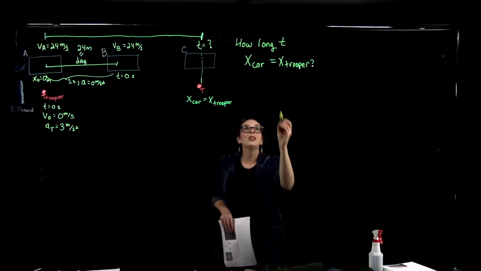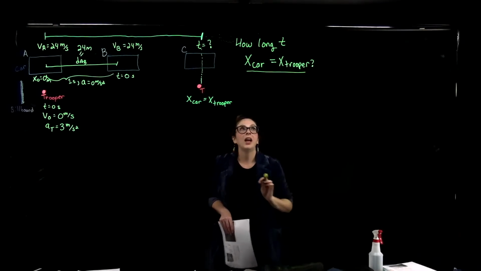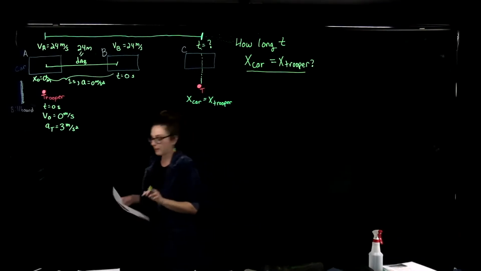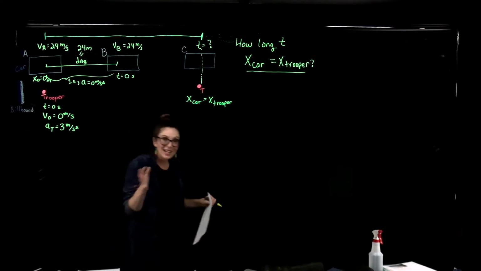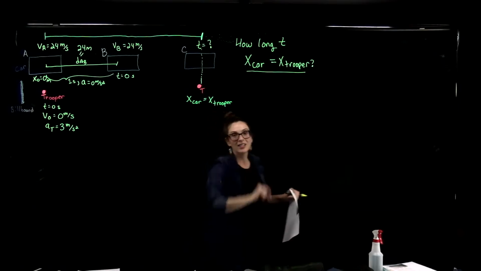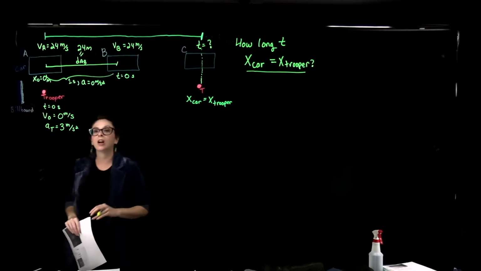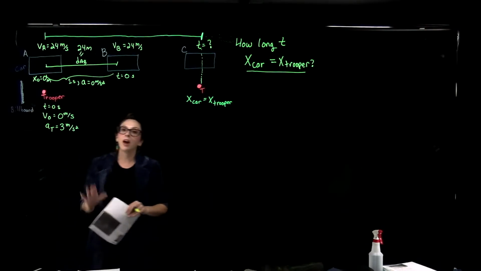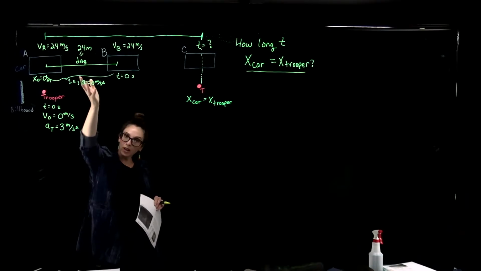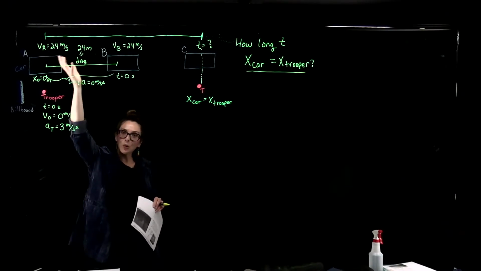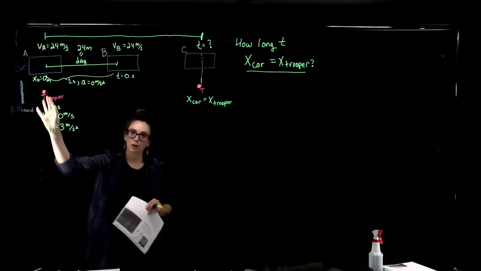And so we're going to be looking for how long it takes for this condition to happen, X car equal X trooper. Now, there's a lot of other things we have to do in the meantime in order to get that final answer, okay? So let's go back and look at our diagram here. We have our car. It travels for 1 second at 24 meters per second